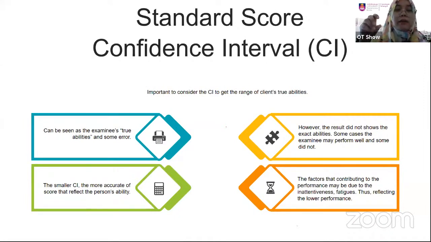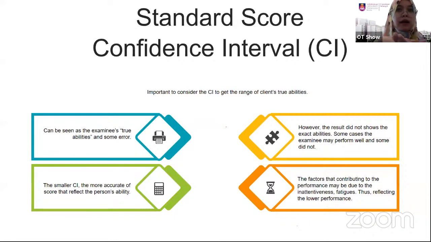Okay. Macam kita sedia maklum, tak ada benda dalam dunia ni 100%. So dia mesti ada some error. Dalam confident interval ni dia ada dua option, iaitu 90% ataupun 95%.